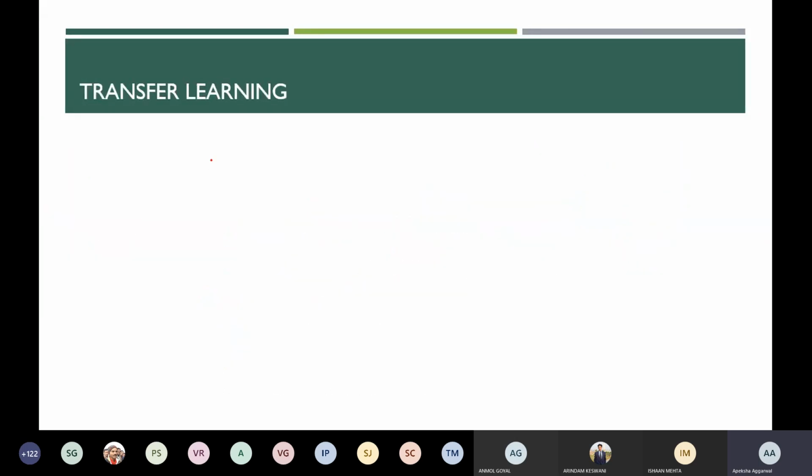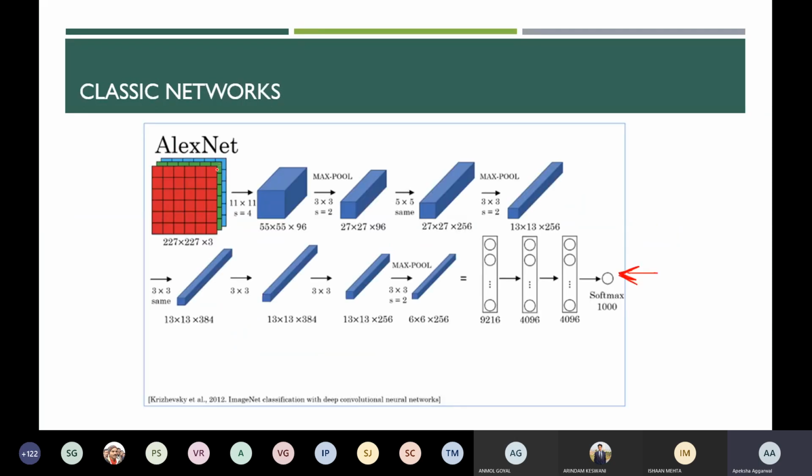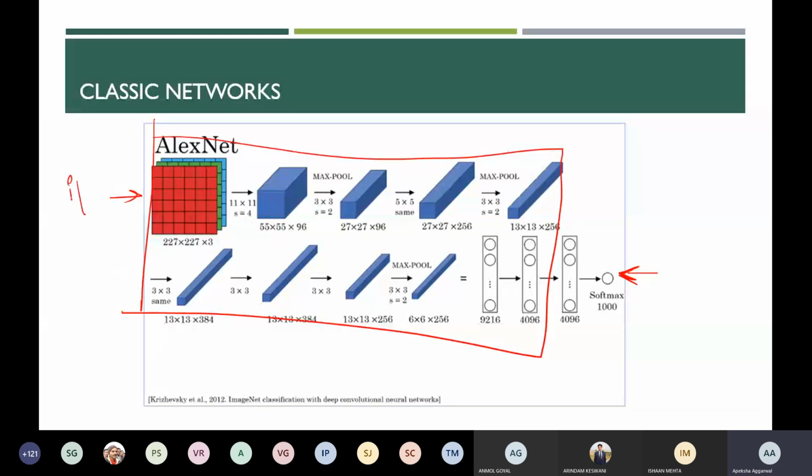After that, transfer learning. Transfer learning is nothing but you take this whole AlexNet and you have your input data. You apply this AlexNet as it is, and you just change the softmax layer, the output layer. Instead of 1000 outputs, if you have cat and dog, you just replace this softmax unit with one neuron. So if I'm replacing the output with the output that I require, I can use the whole previously built network as it is.